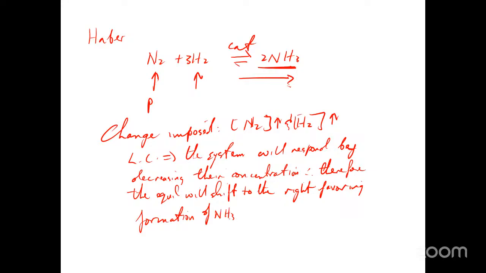right? So that's basically what will happen if you increase the concentration of nitrogen and or increase the concentration of hydrogen, right? The system will respond by doing the opposite of what you're trying to do to the system. So if you're increasing those two components, the system will try to decrease those two same components to reestablish equilibrium, and therefore the equilibrium position will shift to the right, and therefore what will happen is that more ammonia will be formed, which is basically the aim of this, to make ammonia or to make as much ammonia as possible.